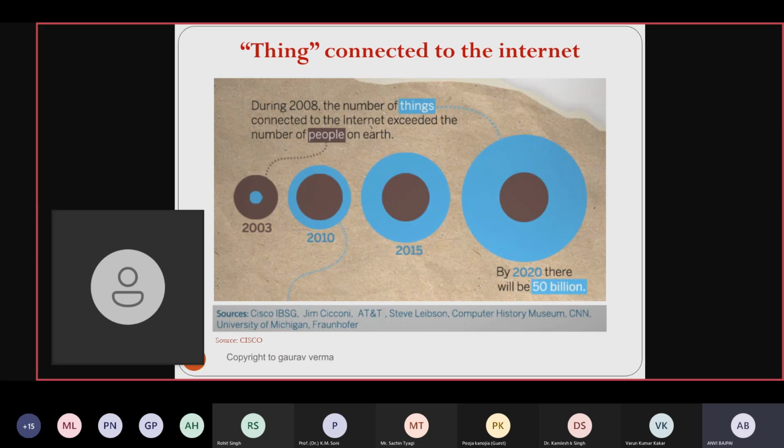This is a picture which I have taken from the internet. It shows how the evolution of IoT has taken place. If we look way back to 2003, in this picture there is a brown area covered by a circle, and a blue area which is also a small circle. The brown area tells us the number of people on the earth, compared to the number of things connected to the internet. You can see in 2003 we have a large brown circle, and very few things were connected with the internet. Now, as evolution and development have taken place,